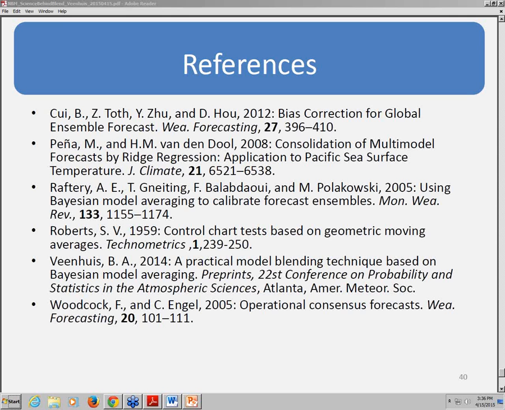Okay, so does it feel like this responsiveness in the blend is sufficient to meet the needs, or would you think it could be more adaptable or more in tune to more recent trends? I guess the question is, is this getting enough signal from the most recent model performance, or is it being lost in the